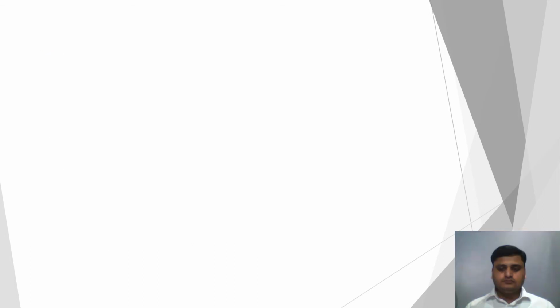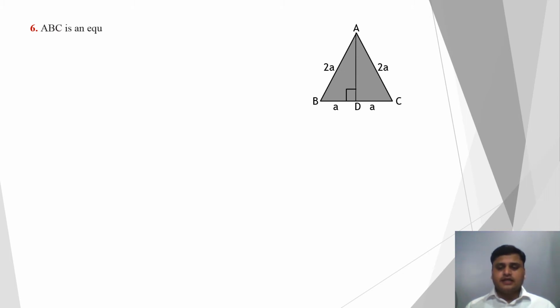Now, students, I am going to solve another question, question number 6 of this exercise, in which it is asked that ABC is an equilateral triangle whose side is given as 2A, and one altitude AD is drawn. We need to find the length of this altitude. When we draw an altitude AD on the base, it divides the base into two equal parts, by proving the two triangles congruent. So if each side is equal to 2A, then BD length will be A and DC is also equal to A. Let's begin the proof.